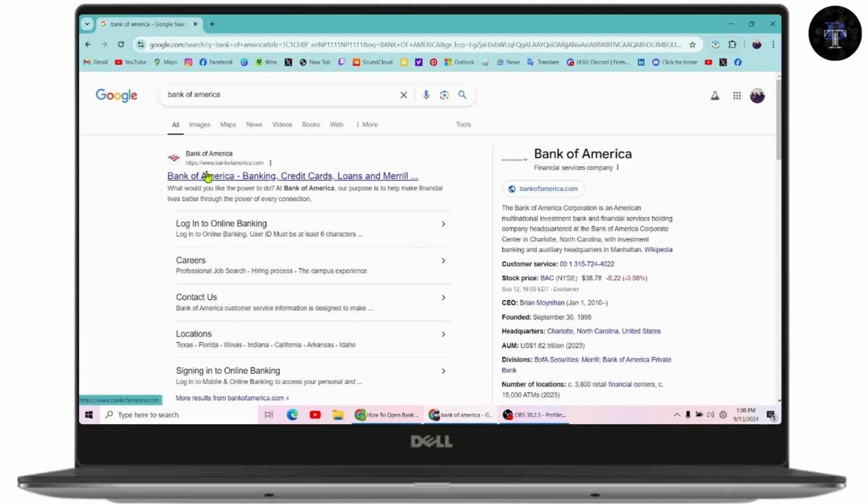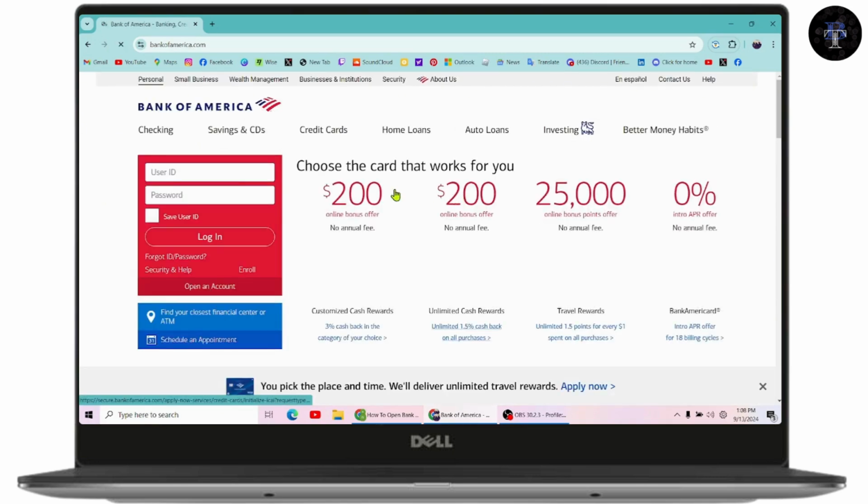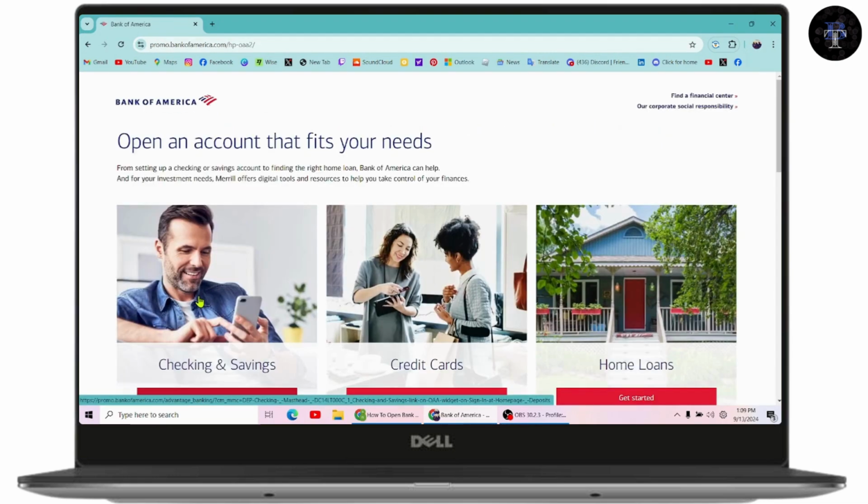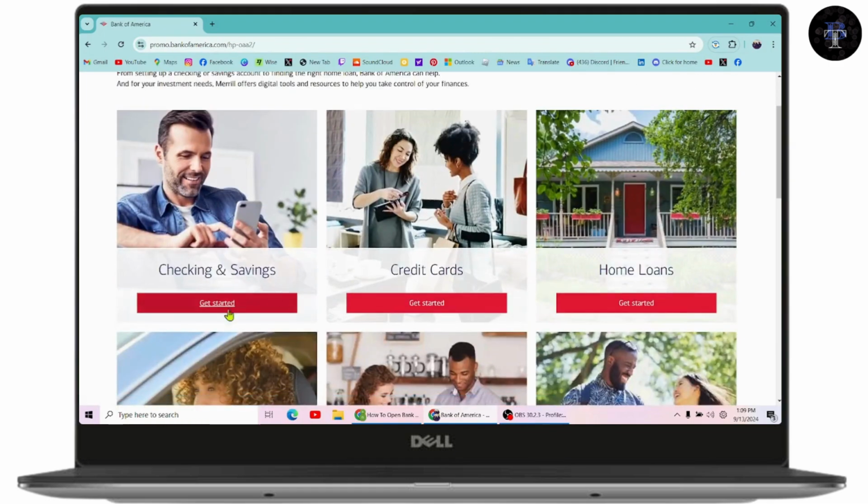Once you search here, you will have www.bankofamerica.com on the first search. Click on that search and it will take you to the website. Once you're here, now you just need to simply go with the left side which has the open an account option. Click on that and it will take you to the open an account page where you can simply choose the